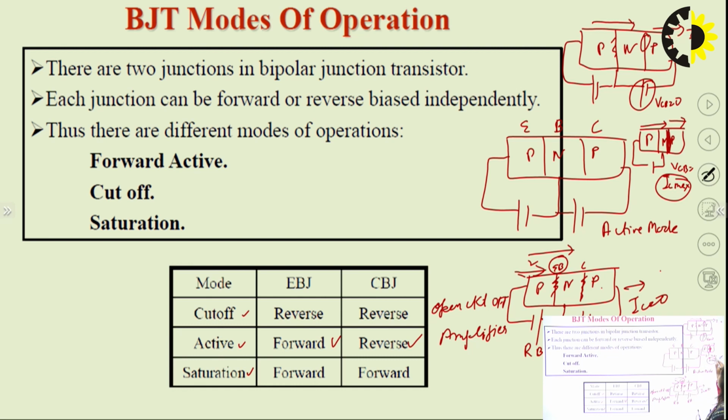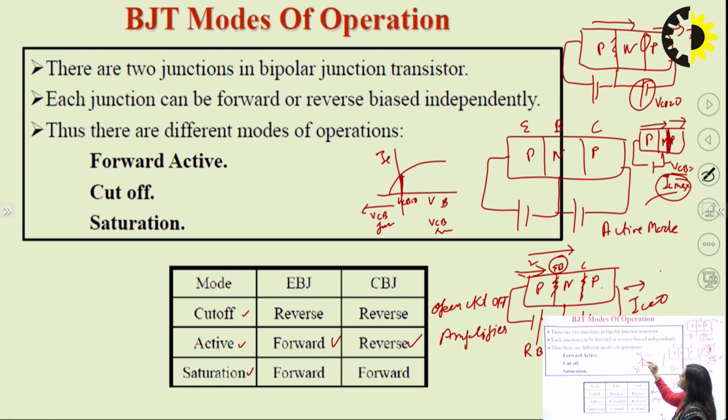And after that, if we increase the VCB in the forward bias, this IC will be reduced to 0. If we plot the characteristics curve, we will have it this way. This is VCB and this is IC. This is the situation when VCB is 0, this is when VCB is forward bias, and this is when VCB is reverse bias.